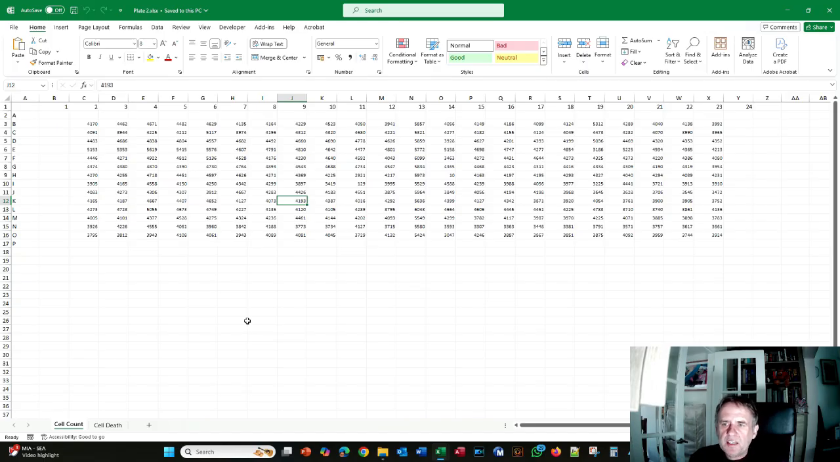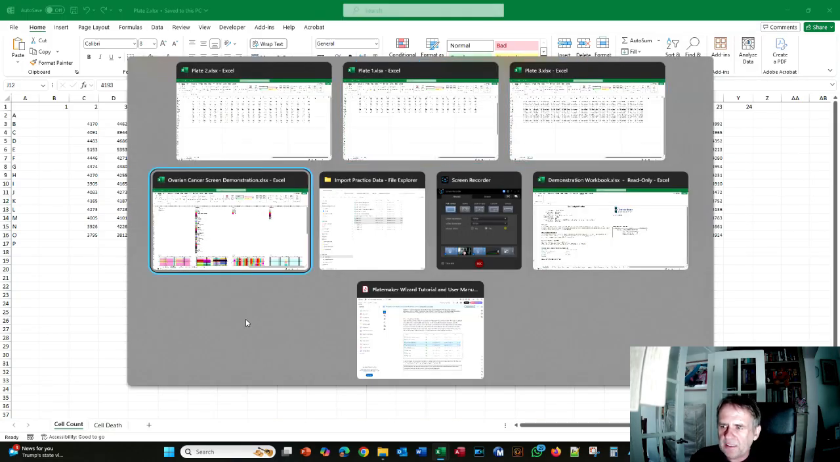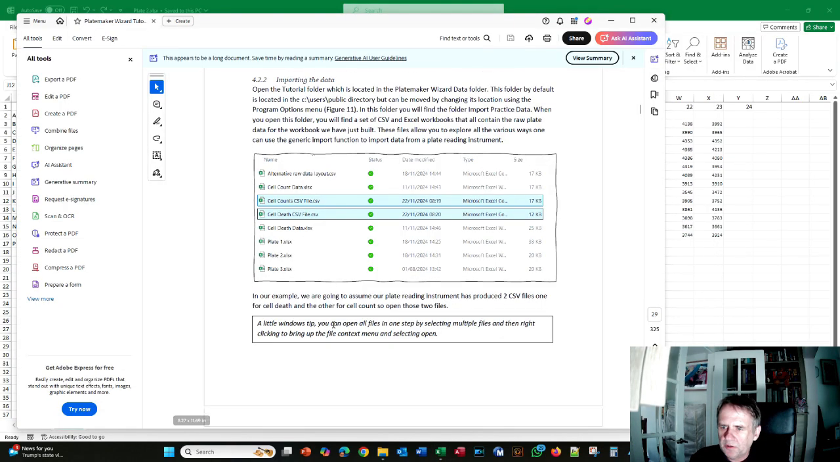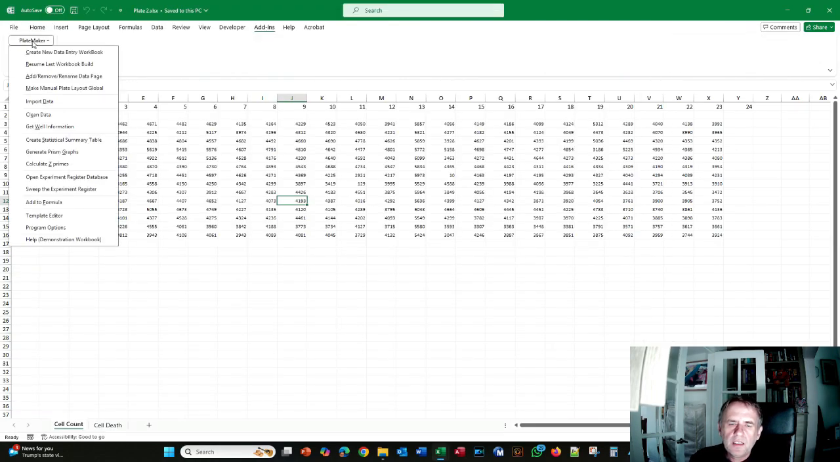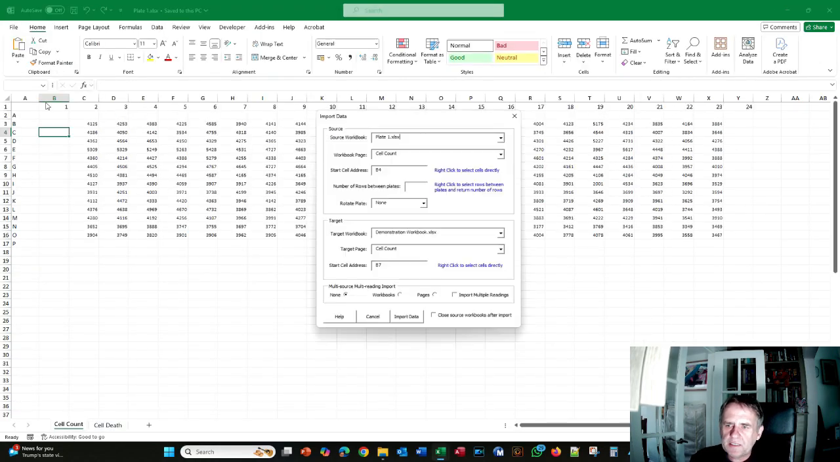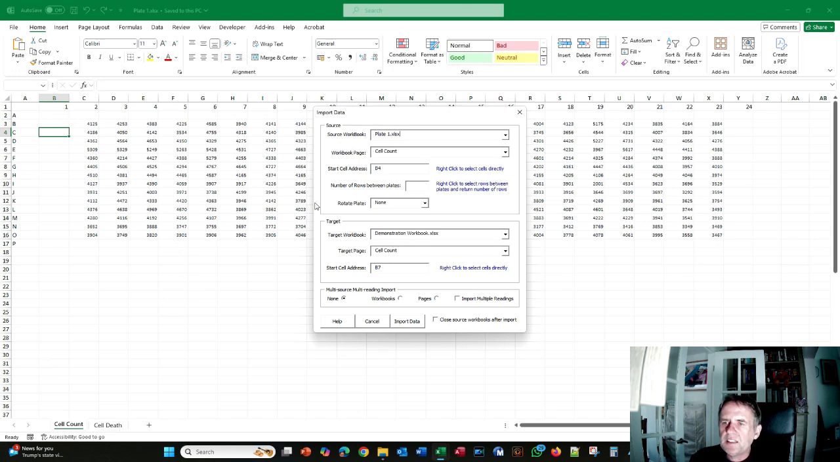You're going to do it slightly differently because your example has a single CSV file of cell counts with the plates under each other and a single cell depth CSV file with the plates underneath each other. But again, it's explained very clearly in the tutorial down here. Okay, so I'm going to go add-ins, I'm going to go import data,